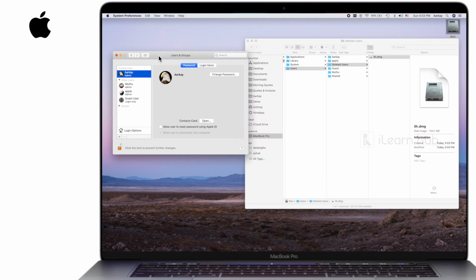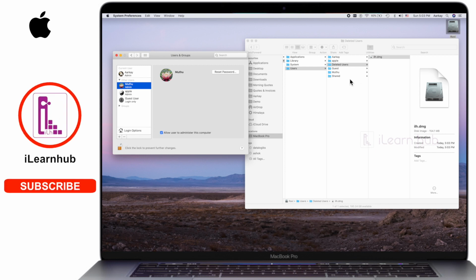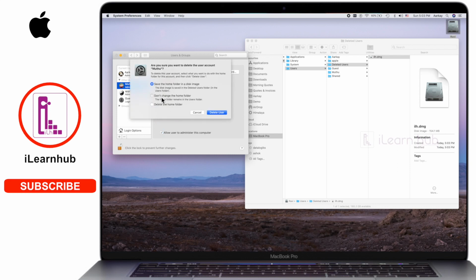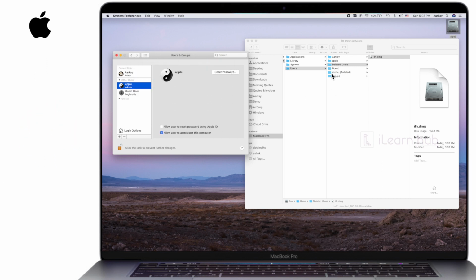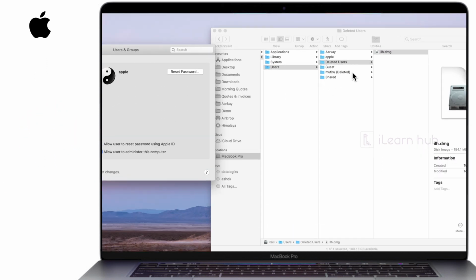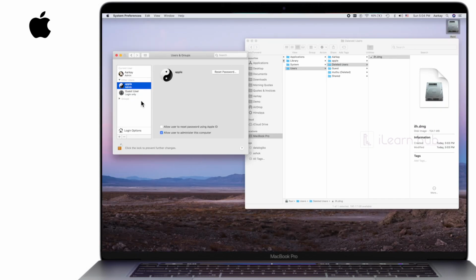Now let us see the second option. So select the username Muthu and click on minus. If I do that, see what is going to happen. Select the second option, don't change the home folder. When I click on delete user, you can see next to Muthu, immediately you can see that it is deleted, and it won't take much time because actually it is not deleting the files or folders or any content.